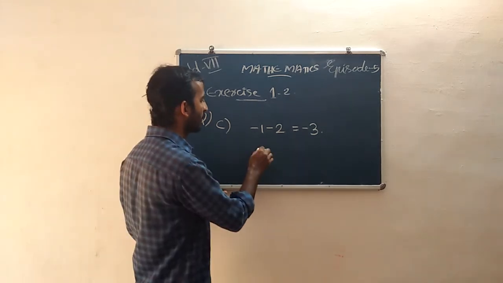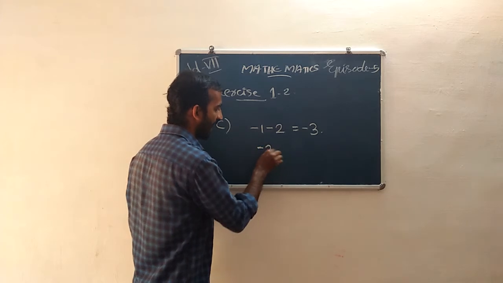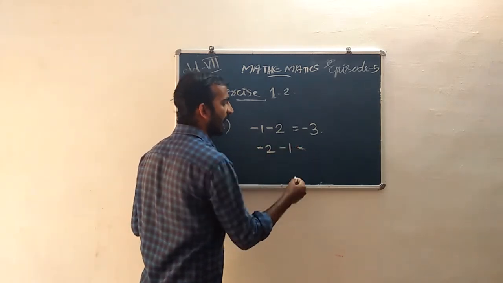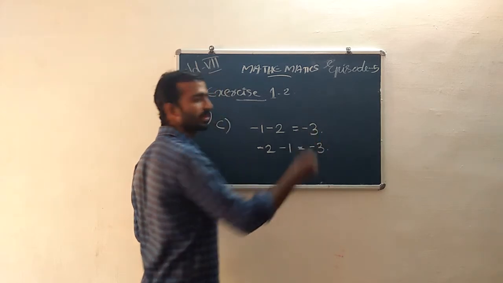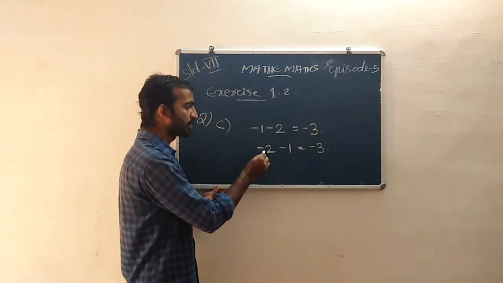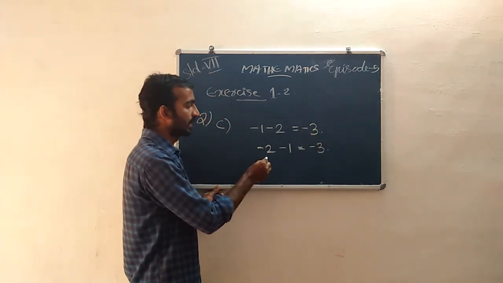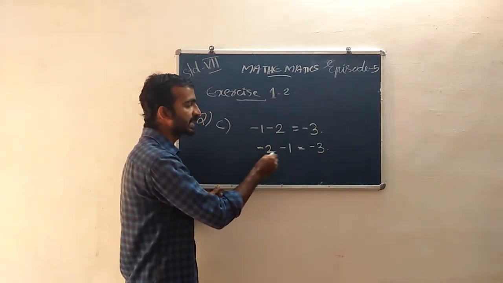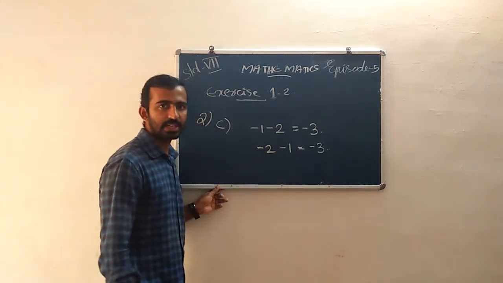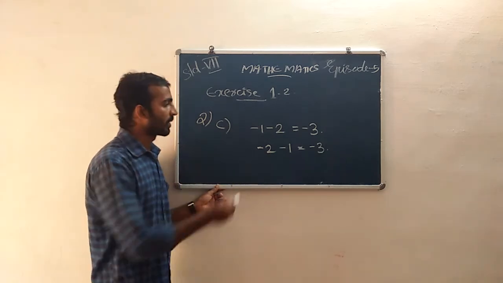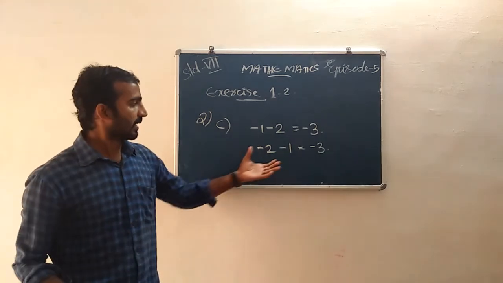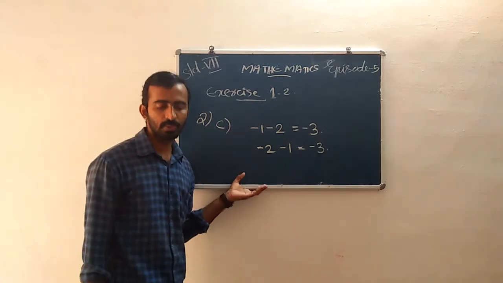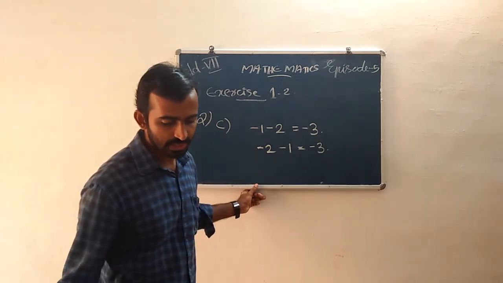And also, if we take negative 2 minus 1, we also get negative 3. Here negative 2 is a negative integer and 1 is a positive integer. We take the difference, then we get negative 3. That is our statement, and here is the solution. Okay, can you follow? And our next, third question is